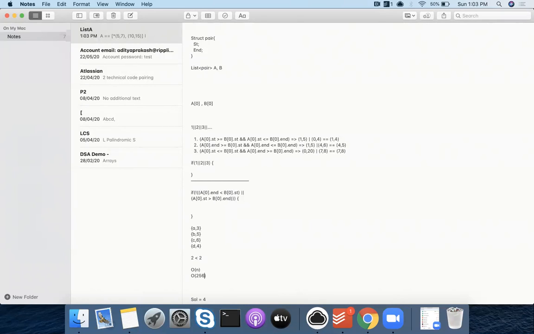Not more than that, unless you start including Unicode characters, and then if the character set is infinite, we'll have a cap of order of n. But that is not generally the case. So I would say order of 1. We say it is constant.